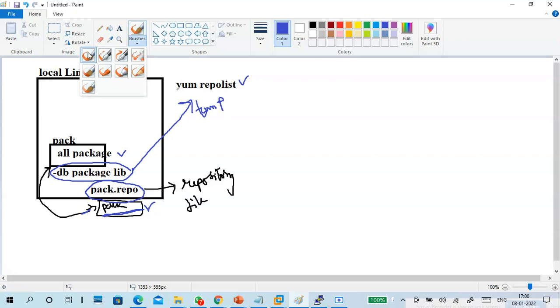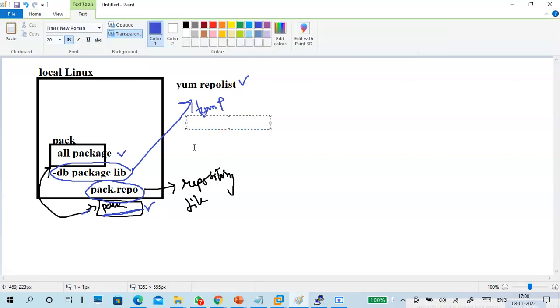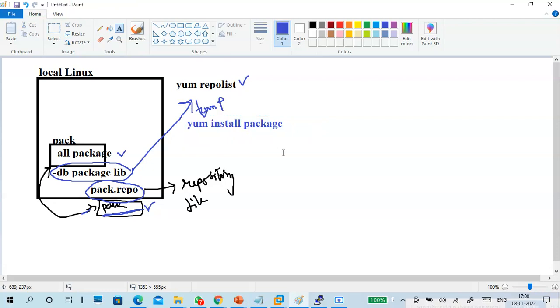Next, when you want to install some application, what do you put? yum install some package name. Like you want to install Java, C++, or Python. So yum install the package name you give. Then you can install it. The dependencies are automatically resolved because we have all the packages related to the application.